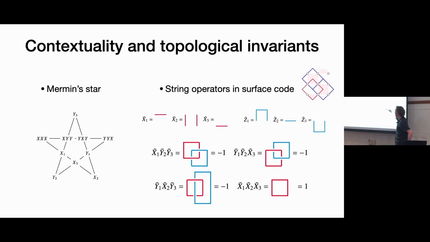And so the reason why you get these measurement outcomes, well, the XXX, that's just an X stabilizer, so it should be +1 on the surface code space. But these other ones give you these linking invariants, which are all -1. And the idea here is that this could generalize to a much bigger surface code patch, although we play the game with a very small one because that's what we had access to. Good, and so this is the basic idea. Want to replace the GHZ state to gain some robustness.